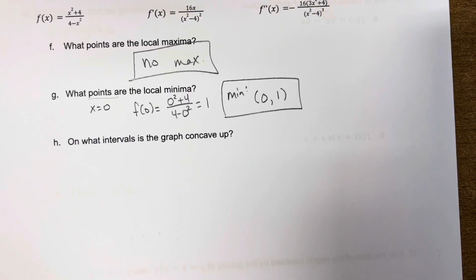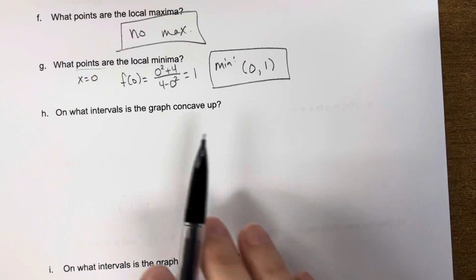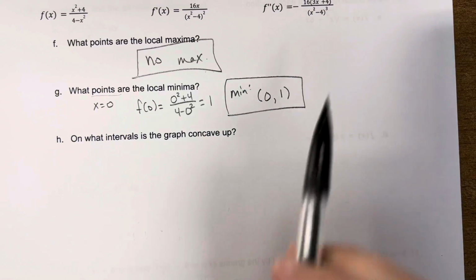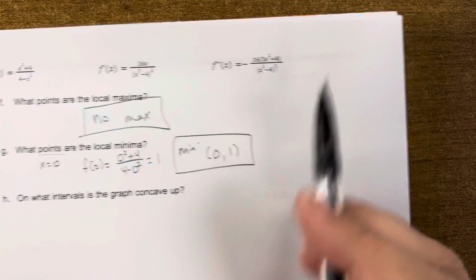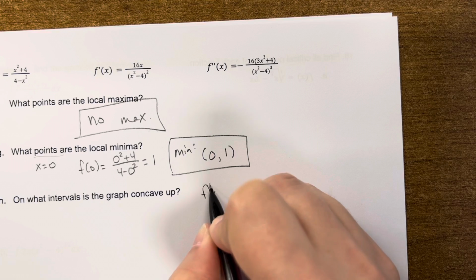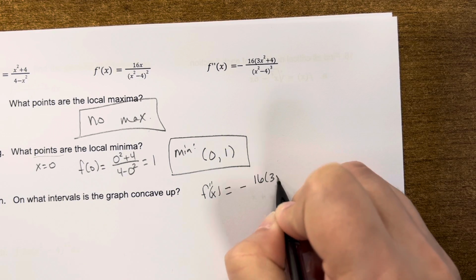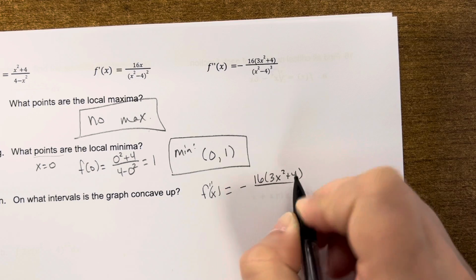All right, concave up, concave down. Now we're talking second derivative test. So now I need to figure out when is my second derivative, which is this one right here. I'm going to write it down over here. F double prime of x equals negative 16 all over